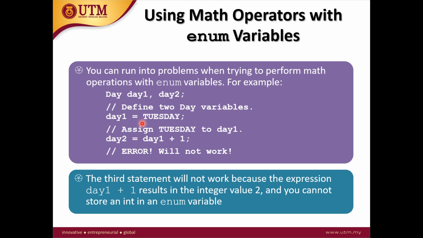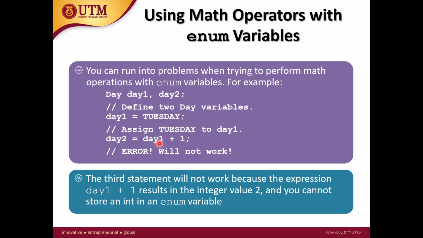So you can say day 1 equals Tuesday, that's all right. So you can say day 2 equals day 1 plus 1. The value inside day 1 is Tuesday, which is going to be translated to 1. So this 1 plus 1 is going to be 2, but 2 is going to be stored in day 2,